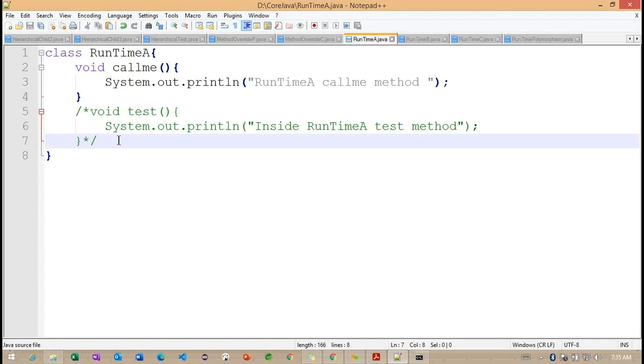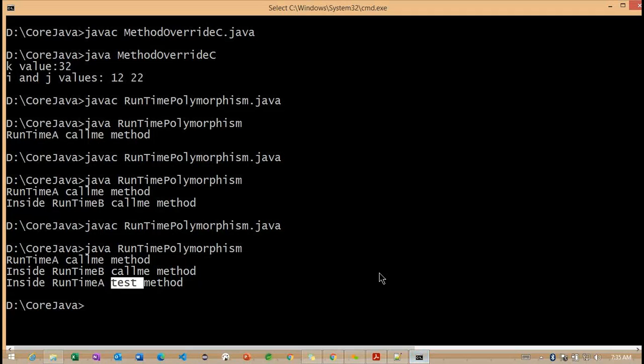Any idea, if I'm not writing this test method in the superclass? Not a compilation error, probably at runtime it will throw an error like test method not found.